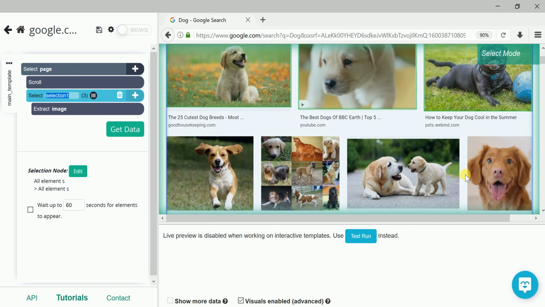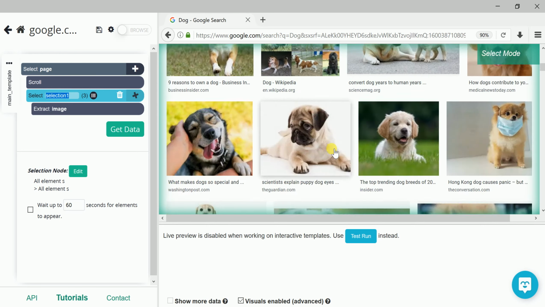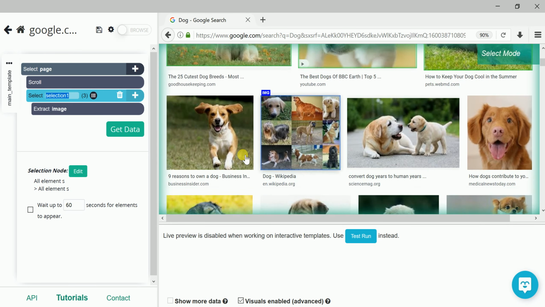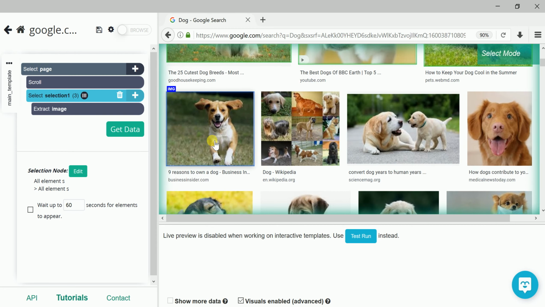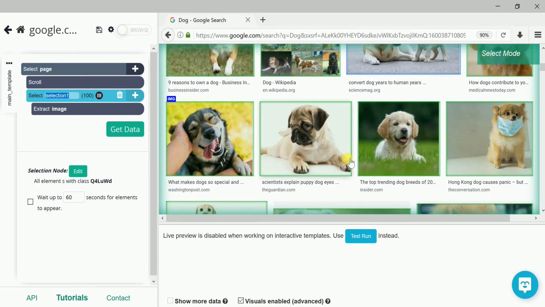So you need to wait for a while. Then again you can select the fourth image. Suddenly you can see the count will increase. Okay, I am selecting the fourth image now. You can see 100 images. It takes time to select all the images.